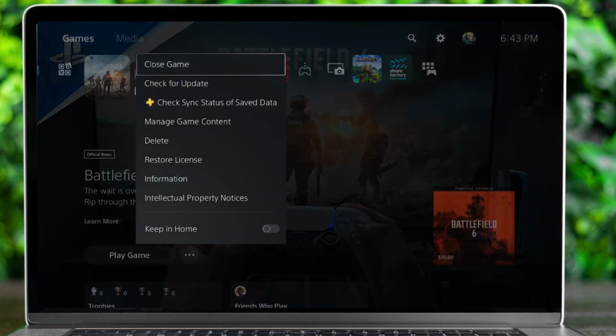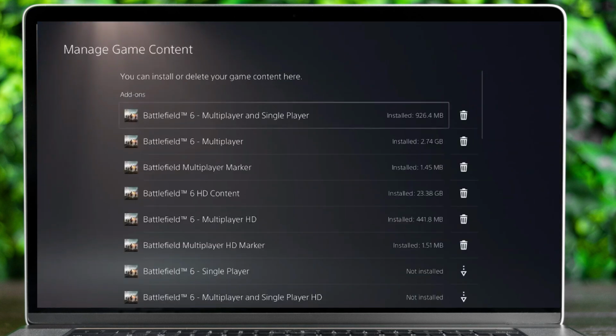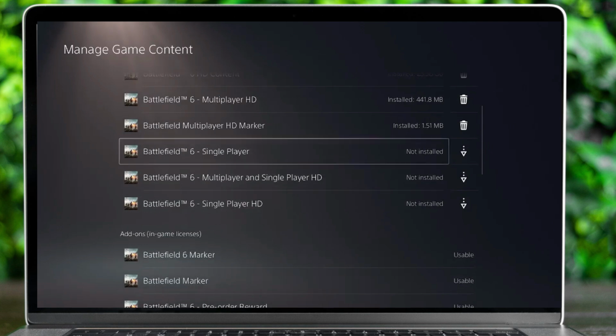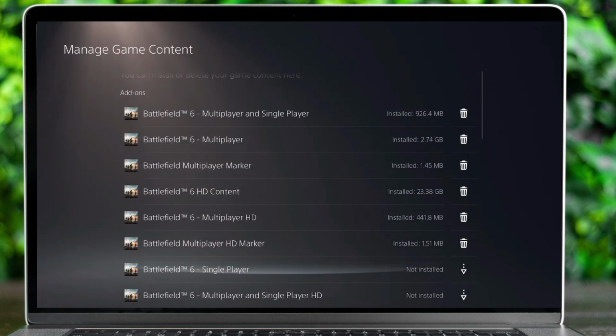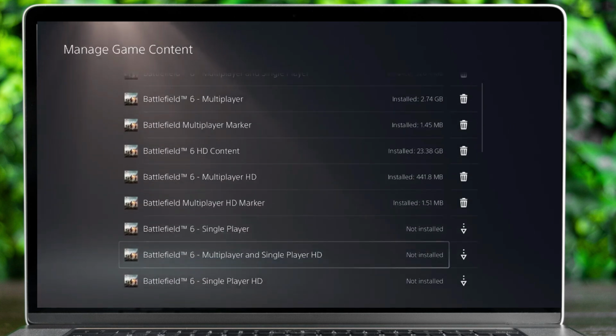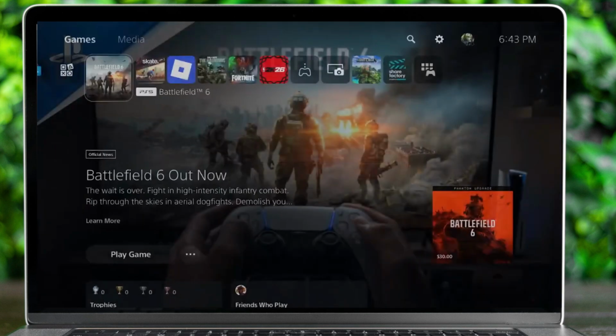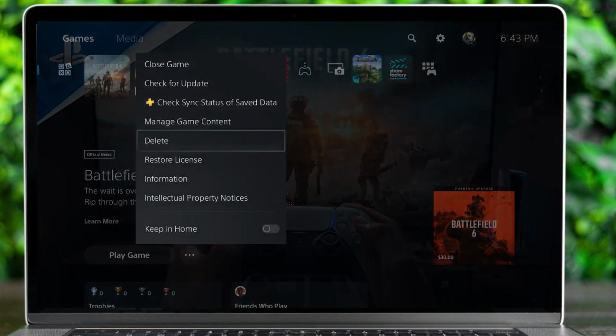and then manage game content, and here you can see what is installed and what is not. So if you have to play that mode, it should be installed, so you can install it from here too. And if that doesn't work, then the third thing you can do, go to the main menu